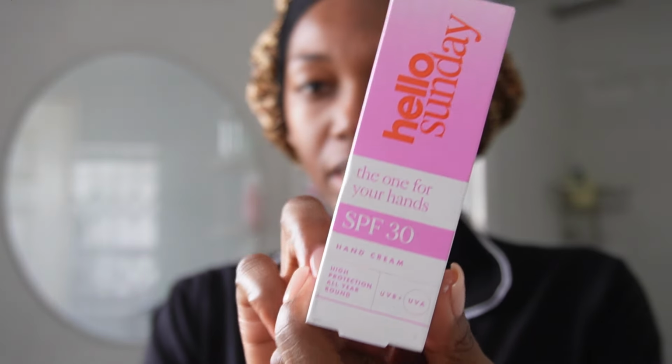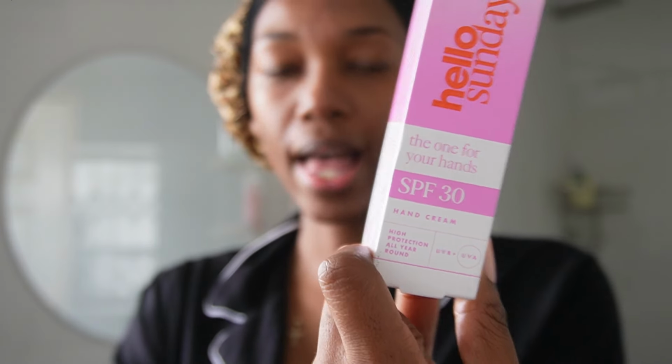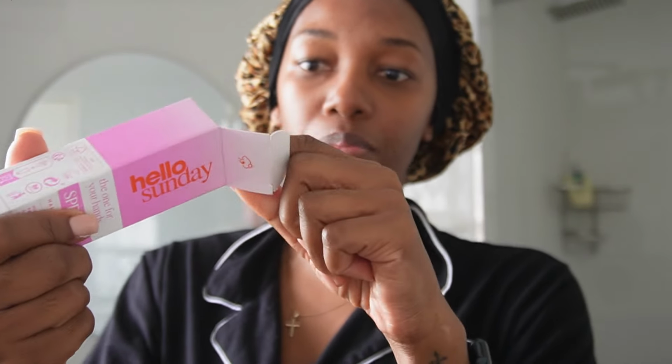And then here's a new product that I used. I have started loving on my hands, you guys. Everything I do on my face, I rub the excess onto my hands. You would have seen me do that. And I saw this Hello Sunday brand at Clicks. It seems to be a sunscreen brand. So they've got different types of sunscreen, and I picked up the one for your hands, which is an SPF 30 hand cream. High UVA protection all around, and I really wanted to unbox this with you guys